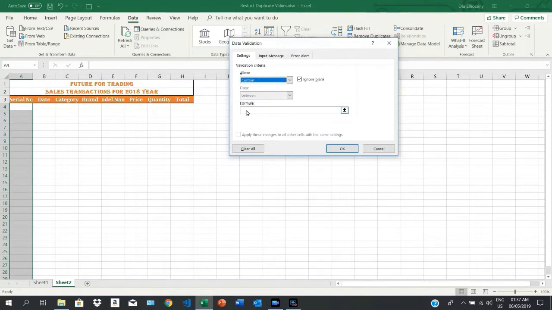In the formula, I am going to use the COUNTIF formula. So I type equal and the COUNTIF, and open the parentheses and enter the range of the serial numbers. So I type A4 to A1,048,576